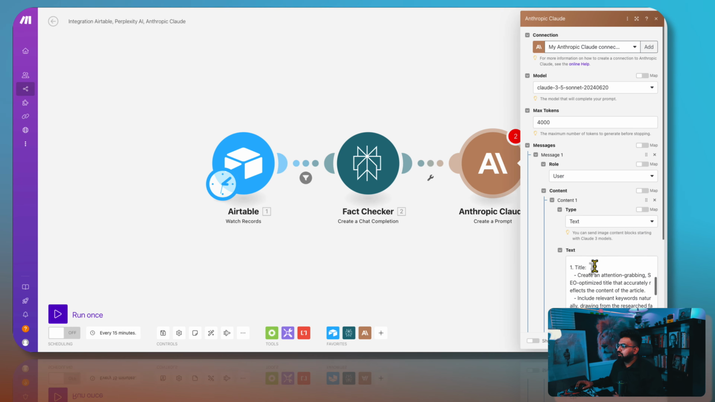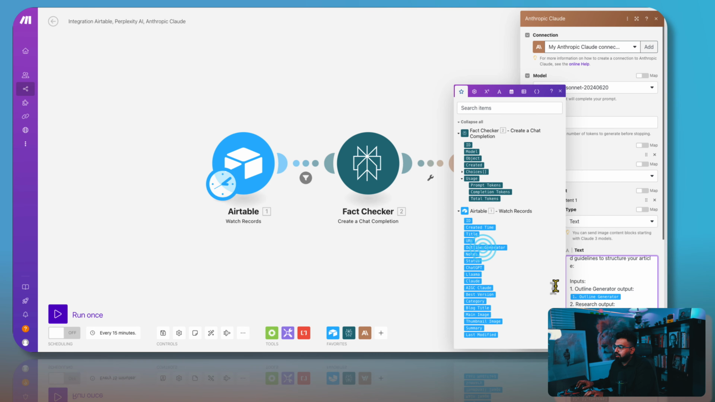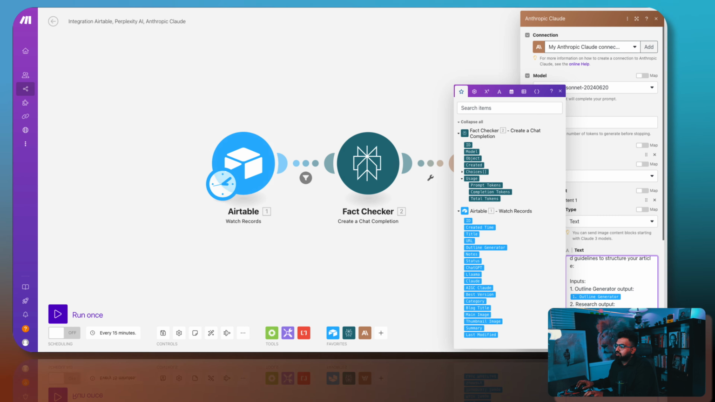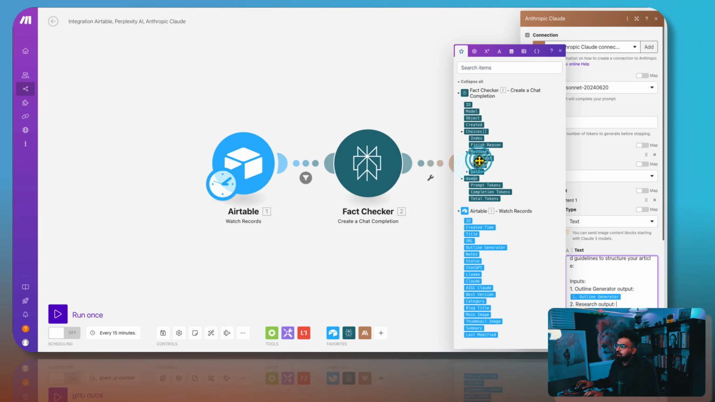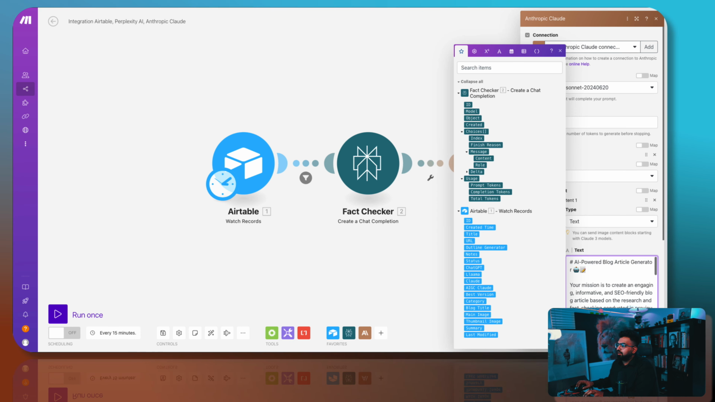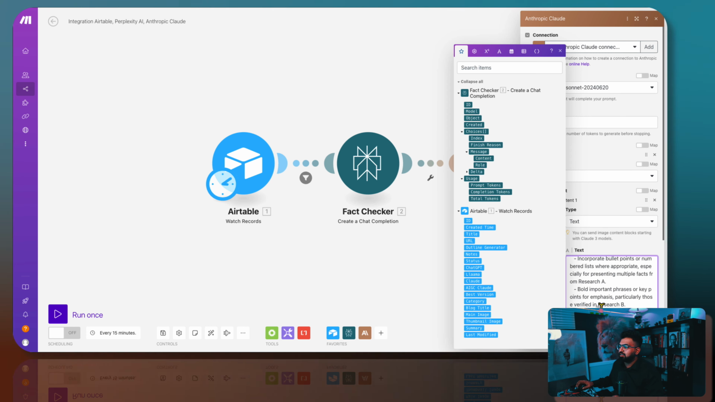Now we have two issues here. One is the outline generator output needs to be changed: outline generator, research output, and choices message content. Perfect. And if you look at the guidelines, I'm saying create an attention grabbing SEO optimized title that accurately reflects the content of the article, include relevant keywords. And we have the hook, the main body, expert insights, practical applications, SEO optimization, formatting, tone,